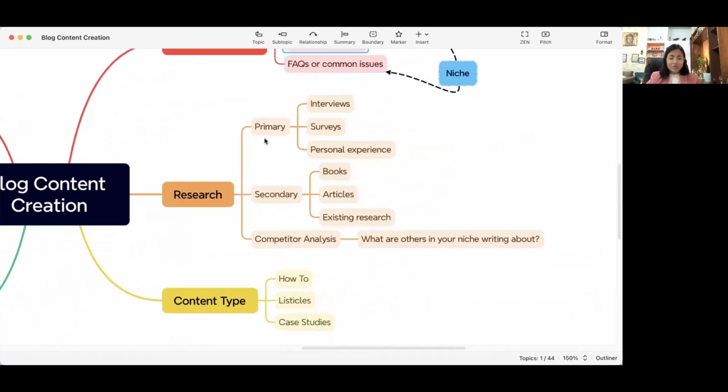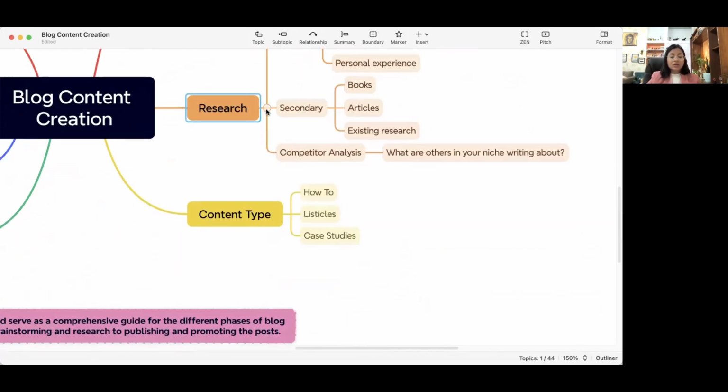For example, you say, okay, primary interview, I'm going to interview 3 people. So you write down their names. And for each of those three people, what are the kind of questions you want to ask? So write down all those also. So all of this, you can keep putting the data in a mind map. And the beauty is that it's all there in the map. So you will not be missing out on any detail.